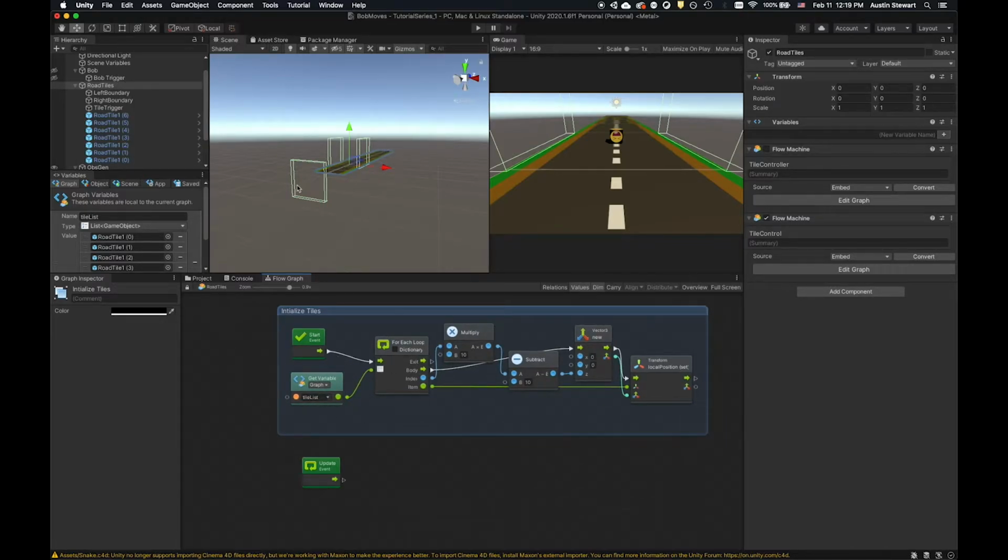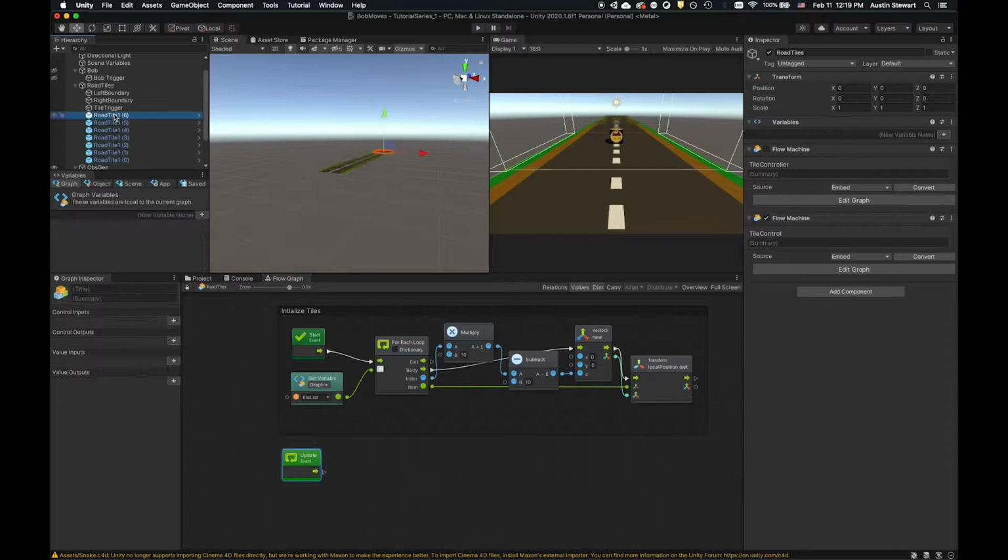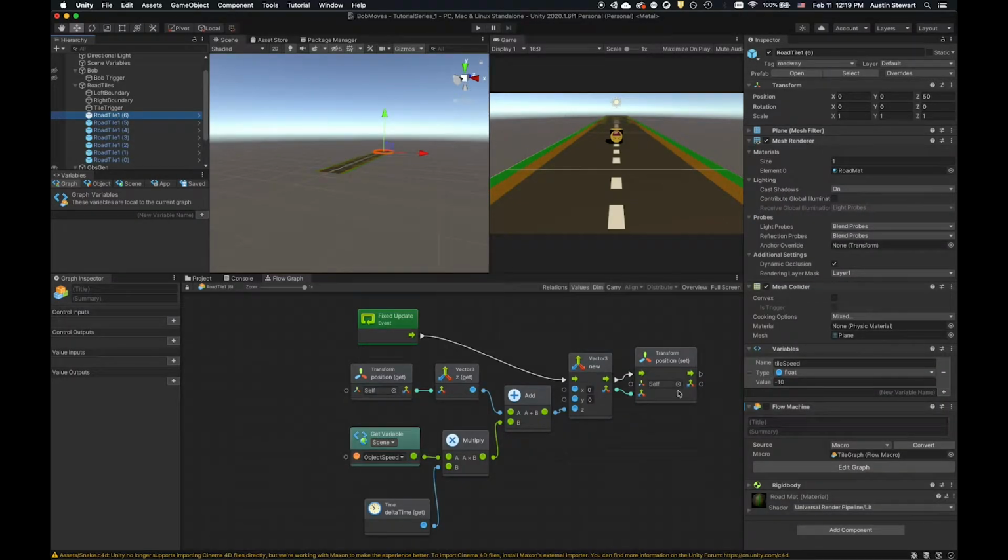And so that's where we're going to be using our update function. We might end up using fixed update, but to start with, we're going to use our update function. And so what we can do is we can go to one of these tiles, right? Even though we're not using this flow machine anymore, we can actually just select all of this real quick, and we can copy it,